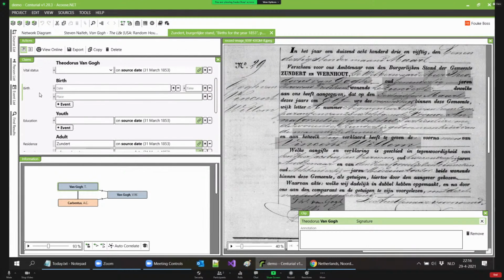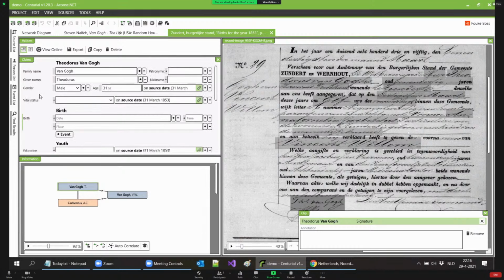Of course, the disadvantage of that is that you have to type in all this information every time for each source, right? So if the next source says Van Gogh again, you have to retype that again. But in the end, that's actually a good thing, because you really focus on the spelling in this particular source. And then Centurial will later on point out if there's perhaps a difference in spelling. And you've just justified why I make the people do the same thing. Well, preaching to the choir, as they say.